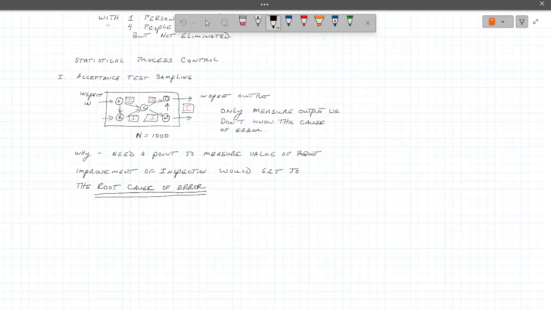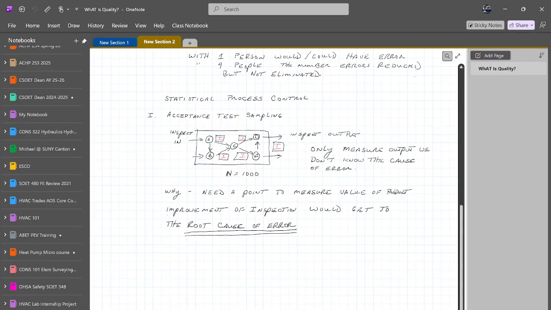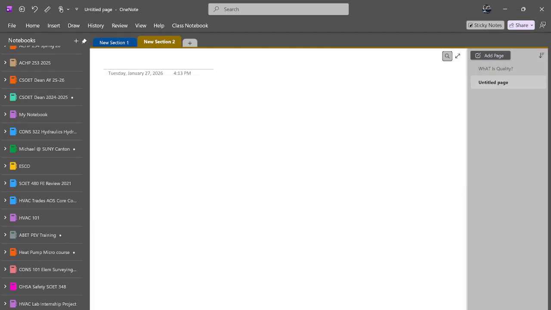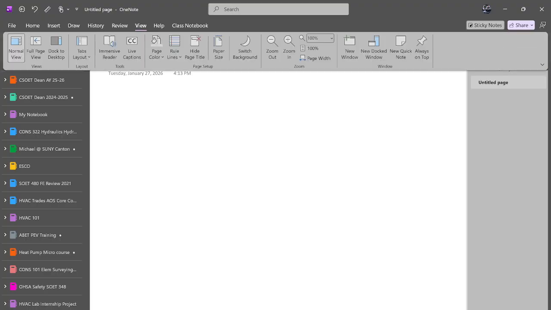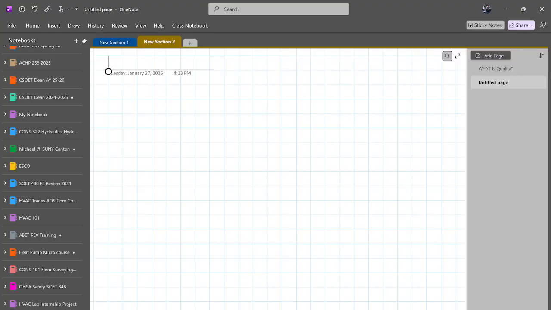Okay, so a little history, and I'm going to try and keep this as not as dry as humanly possible, but basically, let's add a page here, and view, rolled lines, and I'm going to take you over to the next page. So there's some history to all this and how things have happened. So like all good things, you probably should know why and where. So we are looking at the history